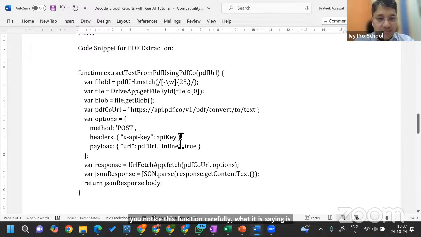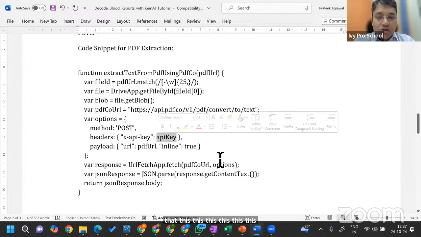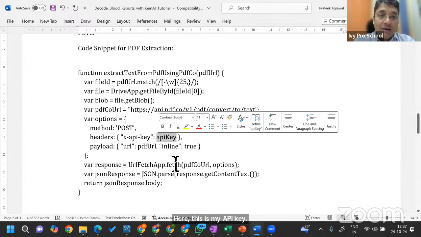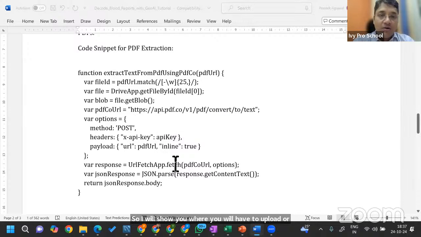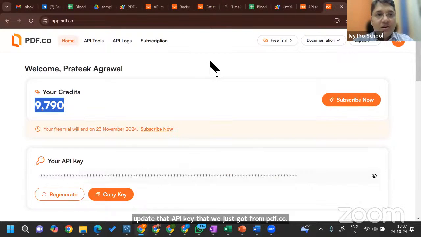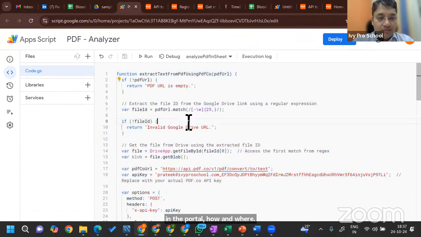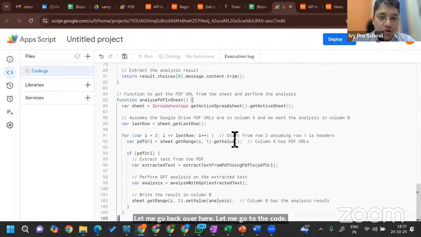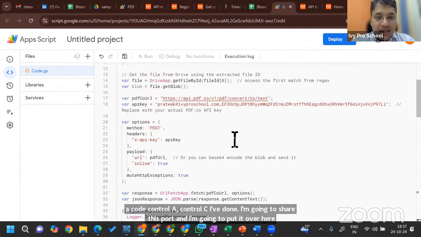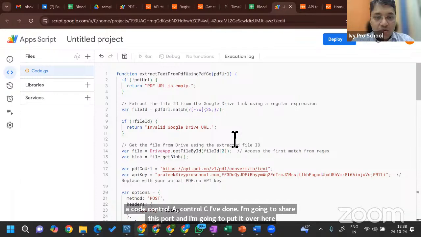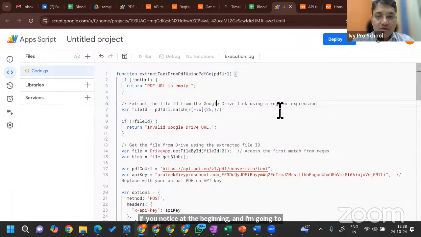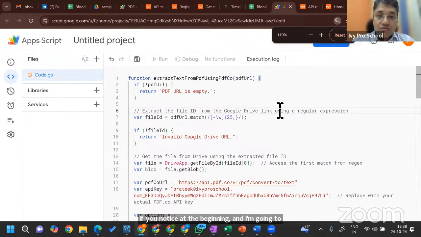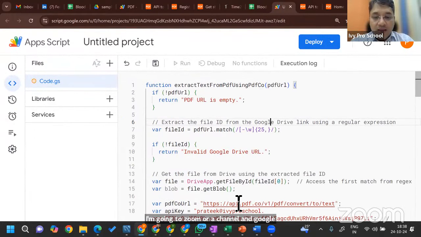If you notice this function carefully, what it is saying is that this here, this is my API key. So I will show you where you will have to upload or update that API key which we just got from pdf.co in the portal. How and where? Let me go back over here. Let me go to the code. There's a code, Control A, Control C I've done. I'm going to share this code and I'm going to put it over here. If you notice at the beginning, I'm going to zoom in. In Google, this thing, it doesn't zoom. Okay, now if you notice here,